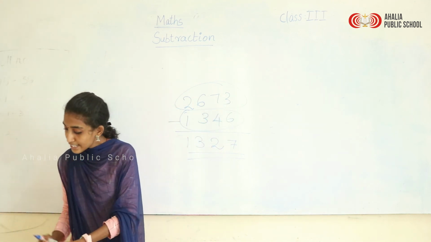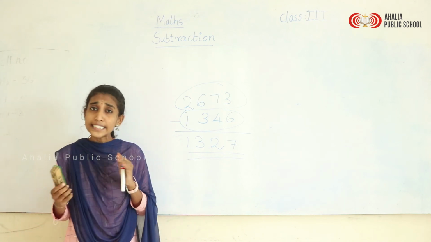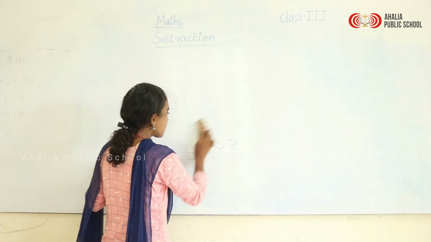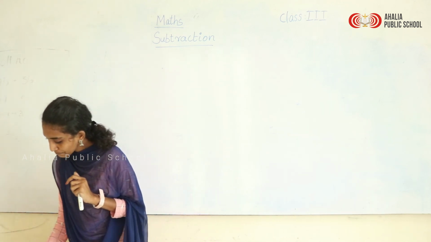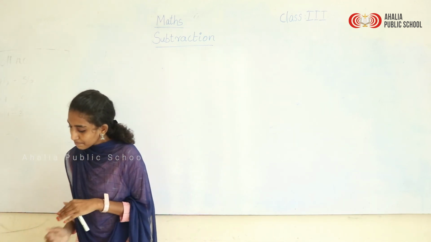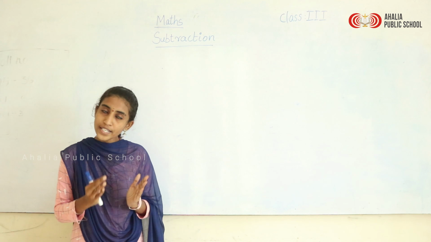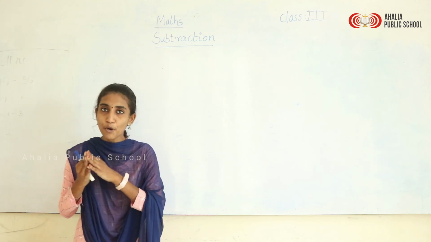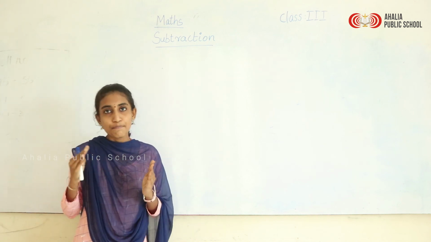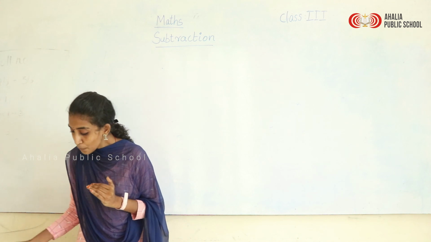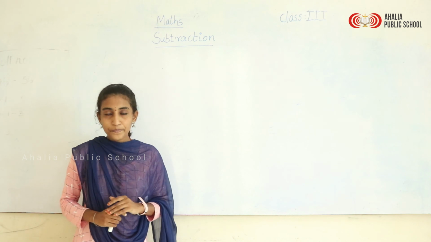So you have a set of story sums on this topic, that is exercise 3.6. You have 10 questions and I will be giving you this in the notes as well. Now, mixed problems on addition and subtraction. Similar problems, story sums, are in exercise 3.7. So I will be giving you notes of 3.6 and 3.7. Okay children? So for today you have to complete exercise 3.4, the last question, and 3.5. And the rest I will be giving